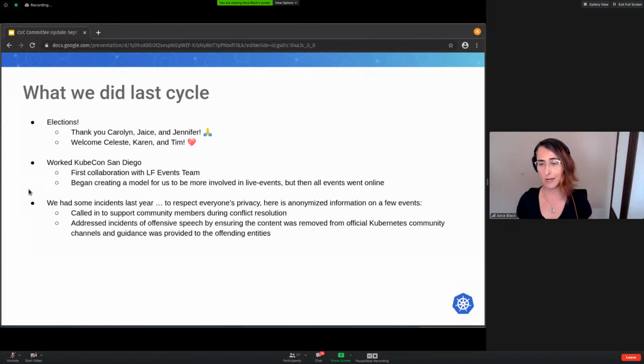And so to that end, I wanted to share a little bit of our action last year. We've been called in during some conflict resolution inside some SIGs and between some SIGs. I'm not going to say who, but that's the stuff that we're here to support. And then some things happened, people said the wrong thing on stage or here and there, and we've had to offer some coaching and help provide guidance to folks that